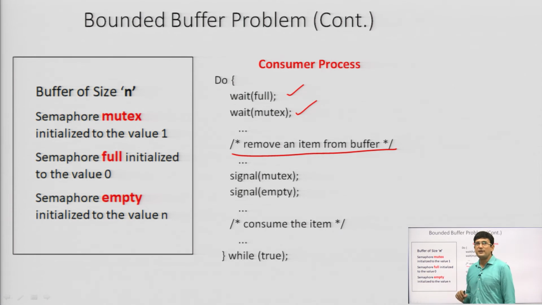consume the item from the buffer, remove the item from the buffer, and then the buffer's use has been completed. So, signal the mutex, so that the other process which is trying to access the critical section may do so. And then signal empty. Signal empty means by removing an item from the buffer, the number of empty slots will increase by 1. So, this is the consumer process which is first checking the full and then applying a lock for using the buffer, then signals the mutex so that the buffer can be used by someone else, and increases the number of empty slots.